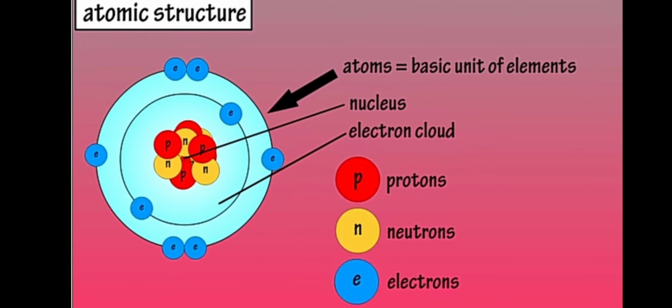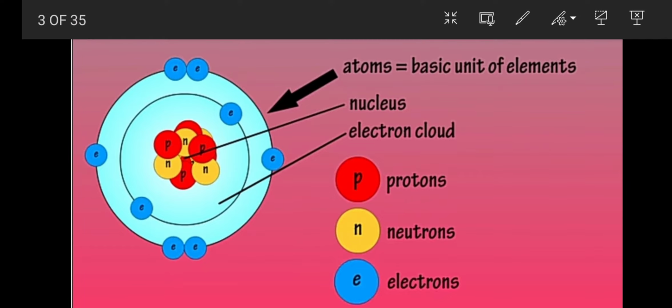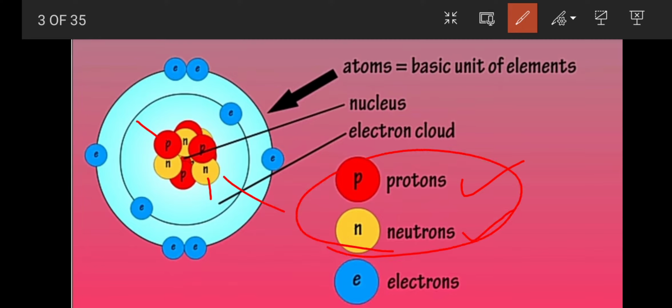You might have studied in your earlier class what is atomic structure. So this is the atomic structure of an atom. When I consider a particular atom, it consists of a nucleus in which we have protons and neutrons. Hope you are able to see. This red color one, we call it as protons, and this yellow ones are neutrons. They are present inside the nucleus. Okay, and the protons are positive charge,